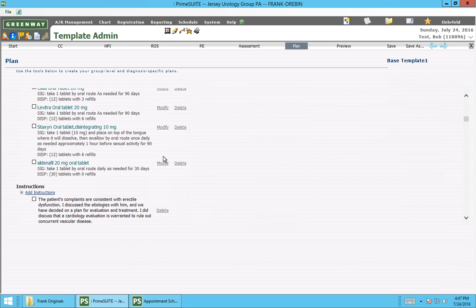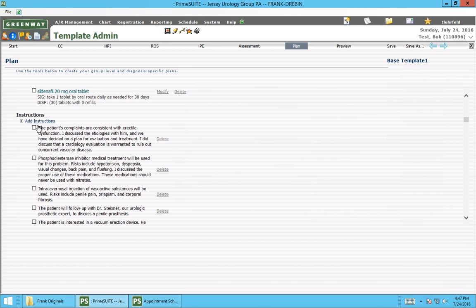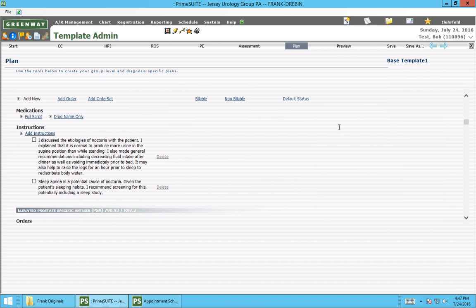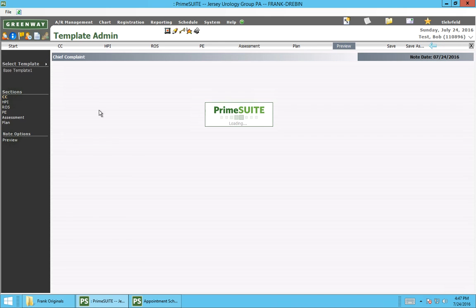So when you choose an ICD-10 code, it'll make suggestions on what you may like, as well as various blurbs that you may say to a patient, such as the patient's complaints are consistent with erectile dysfunction, et cetera. And that will all show up in the patient's note. So if we went to preview